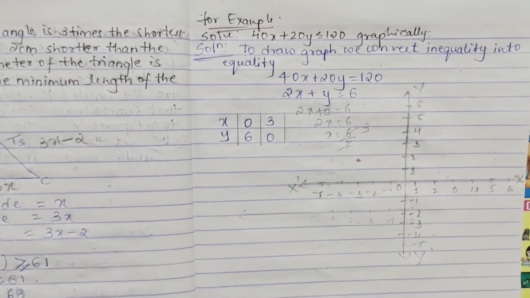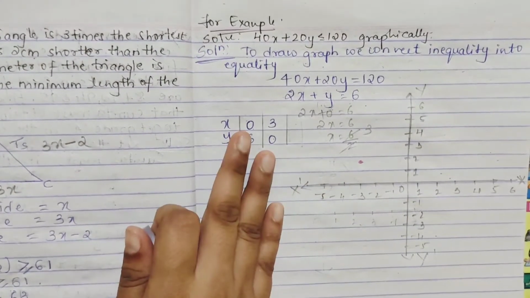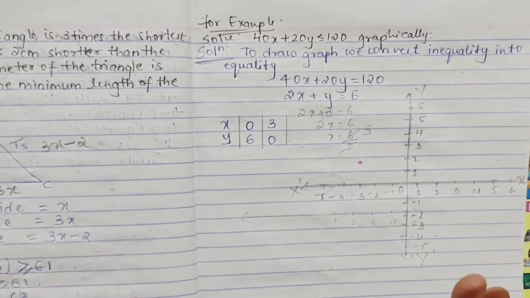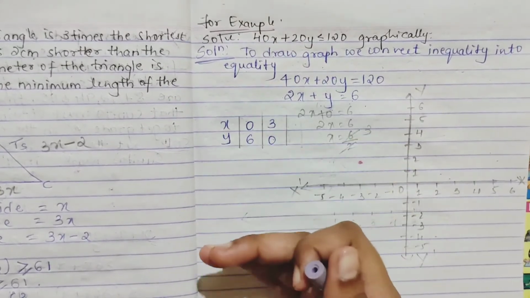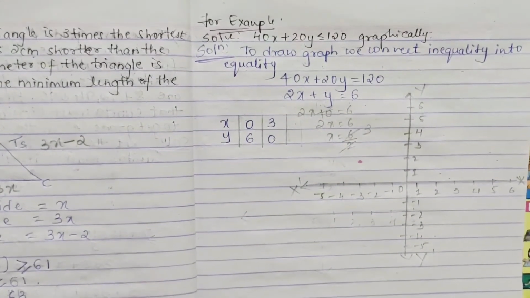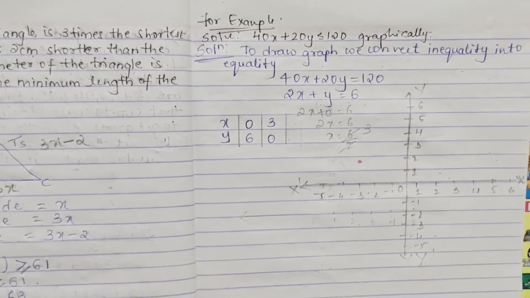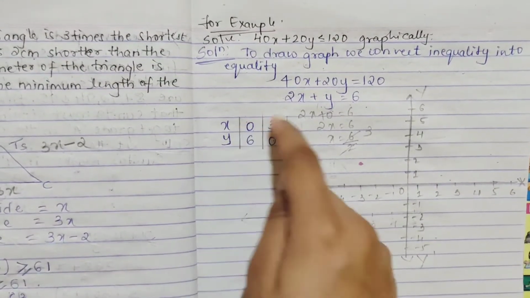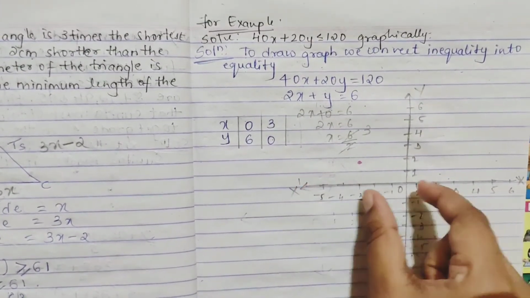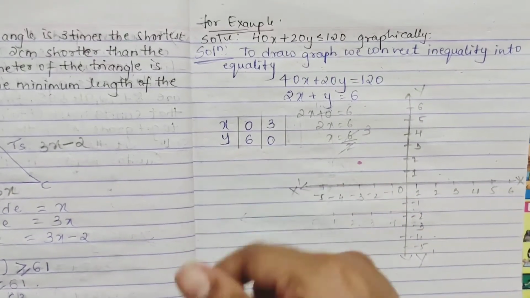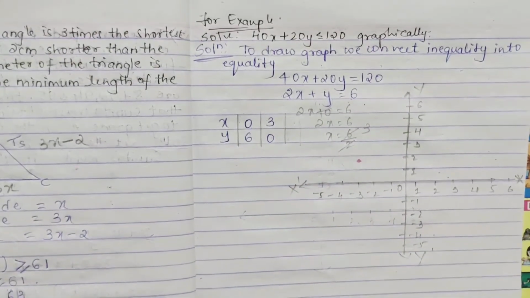Okay. See here, plotting your points, it totally depends on you, what points you want to take. It is left to you. You are not concerned with how I am taking the points. You guys also should take the same points, okay. You can take any points, it is left to you. There is no hard and fast rule that you have to take x0 and y0 first, just because basically it is very convenient. You have started with this from your SSLC part, so we go on like this. Sometimes this doesn't satisfy, and you might not get a straight line.